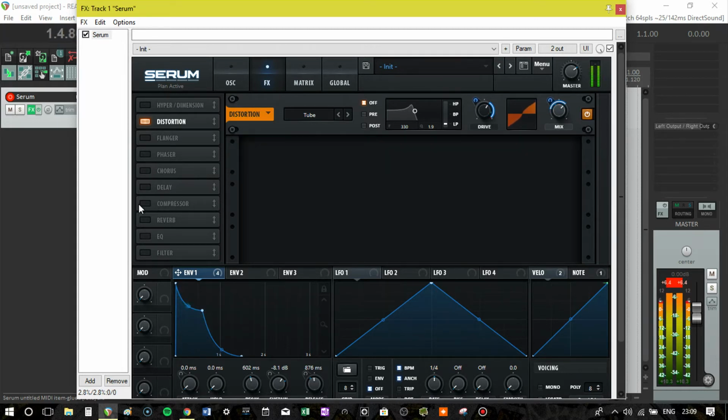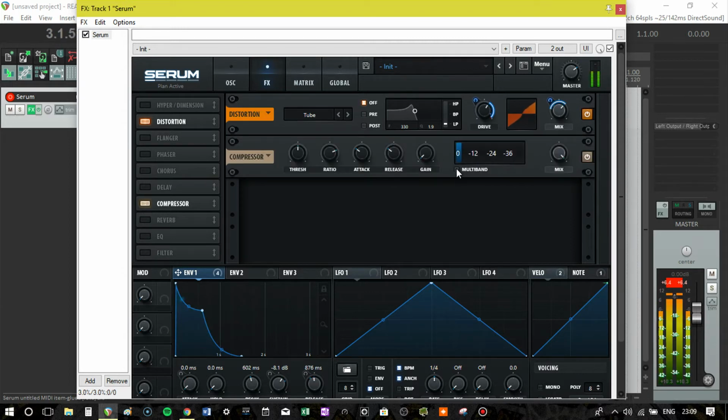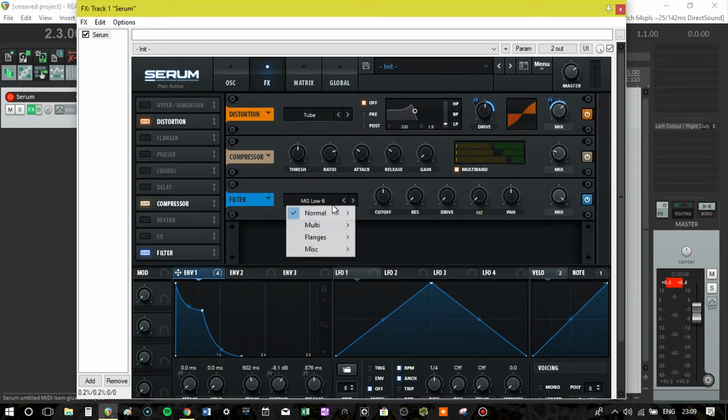And we can add some compression. Let's make it multi-band. And let's bring the distortion down a bit. So even with that, we have quite good sounding